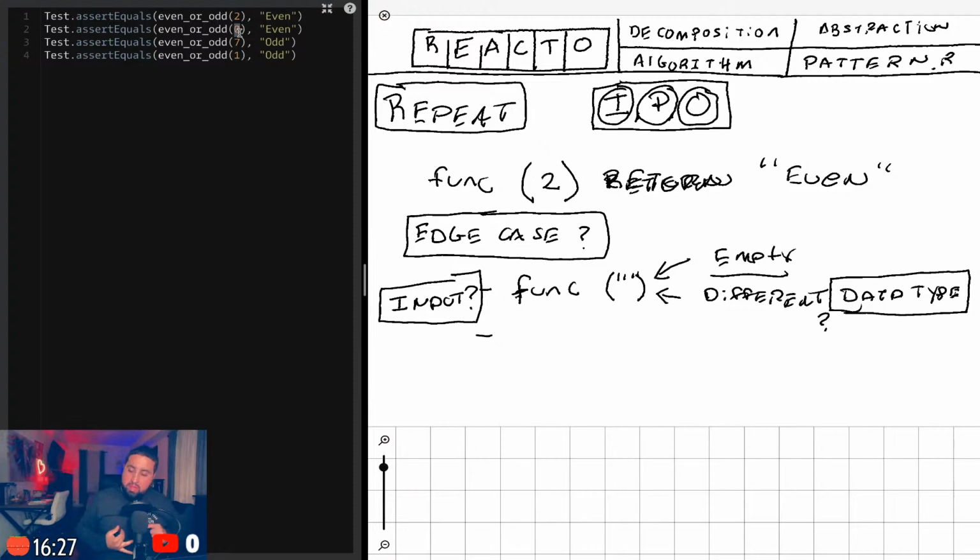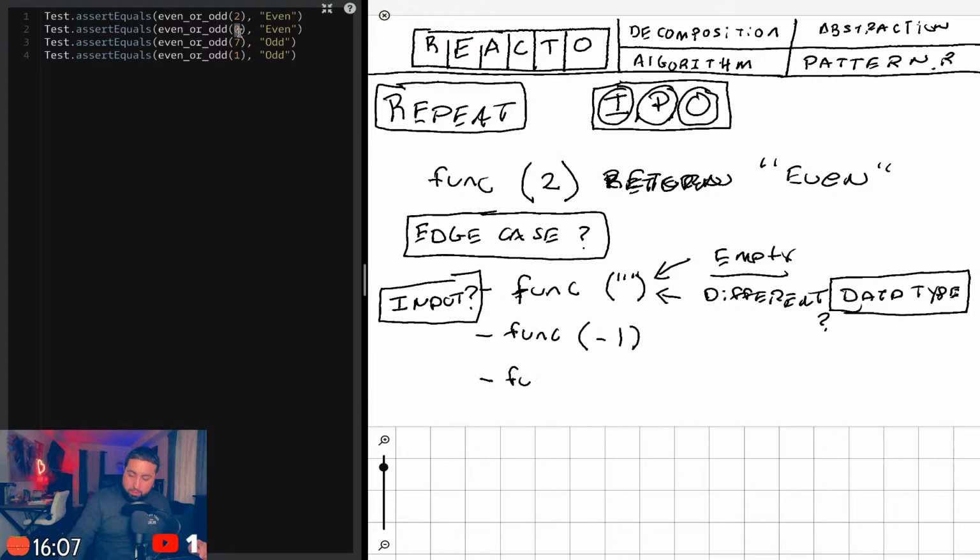Different data type, nothing at all, like an empty string. Oh yeah. What if they pass an integer, but a negative integer, like -1?